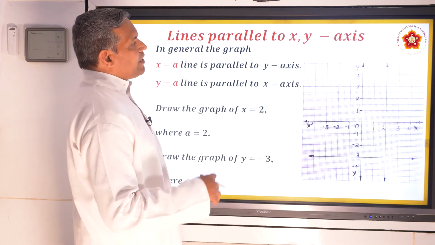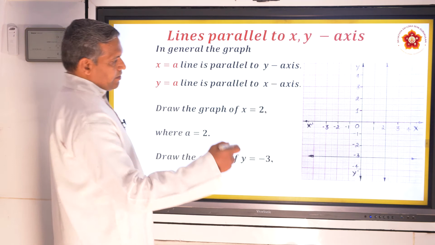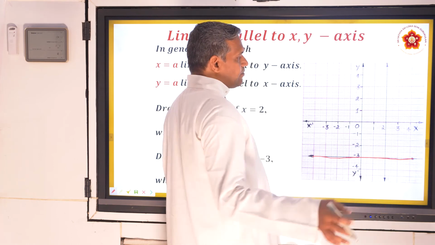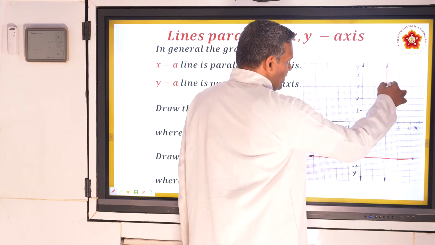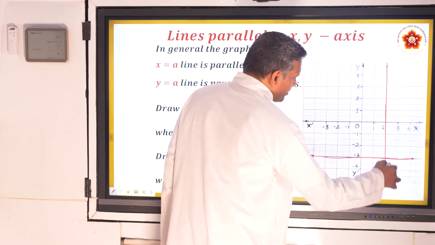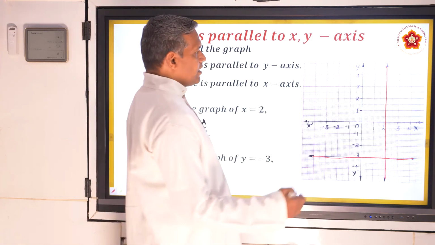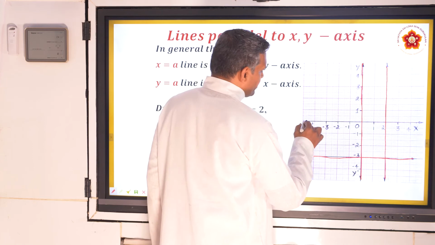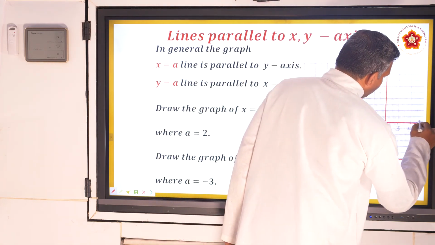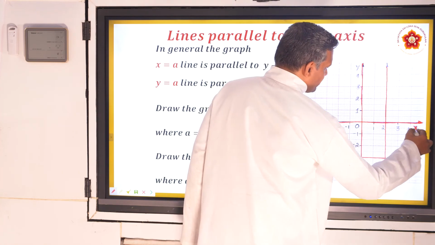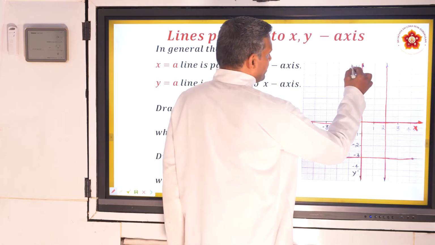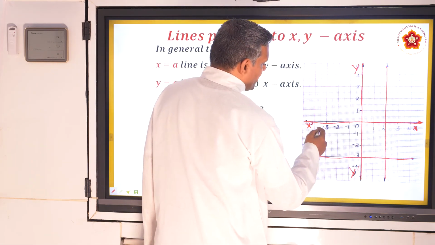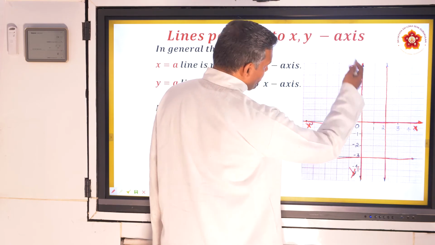Here, lines parallel to x-axis and y-axis. So here one line I have got which is parallel to the x-axis. I am double emphasizing because you may not see your mobile very clearly. I am darkening it. This is another line which is parallel to the y-axis. This is my y-axis and this is my x-axis. So this is x dash, this is y and this is y dash. Hopefully all of you are seeing clearly. So 1, 2, 3, 4, minus 1, minus 2, minus 3, minus 4, and the same on the y-axis.